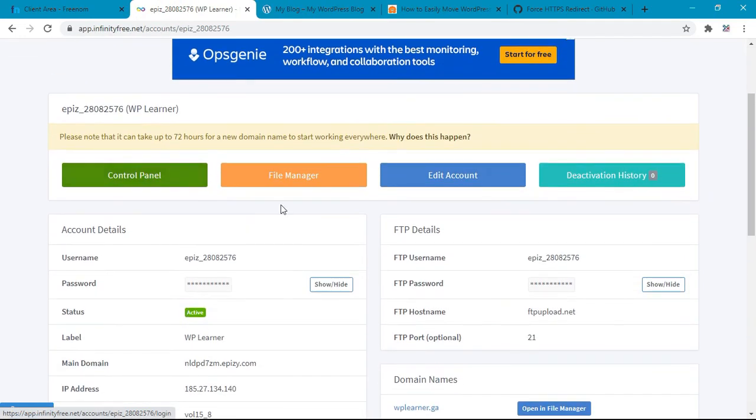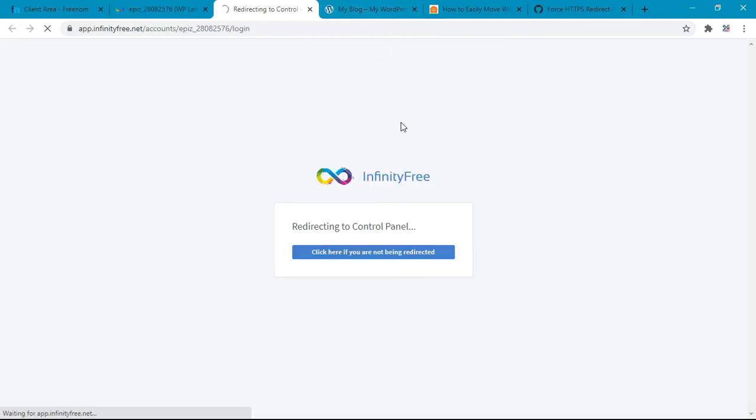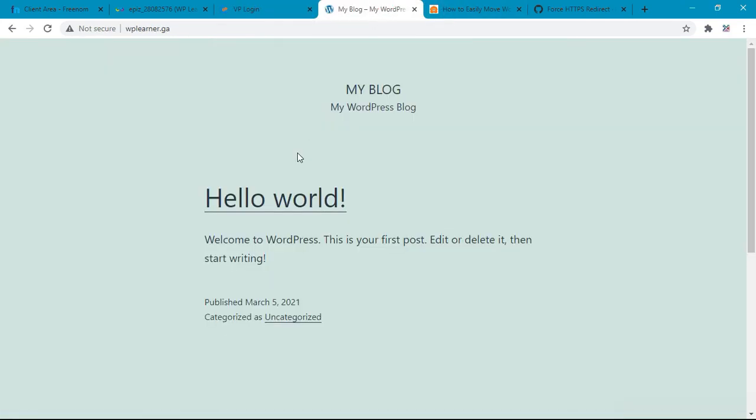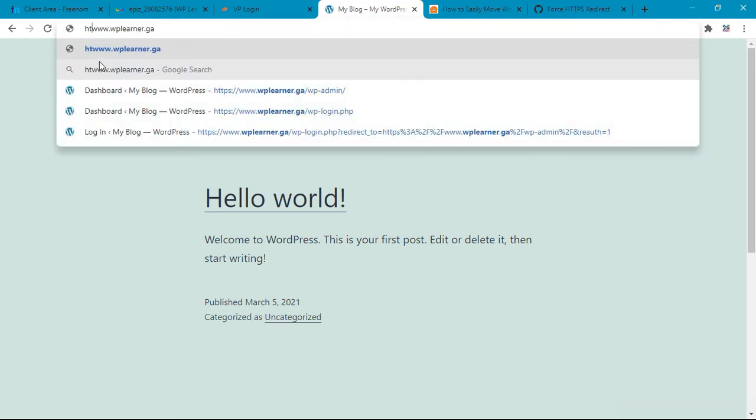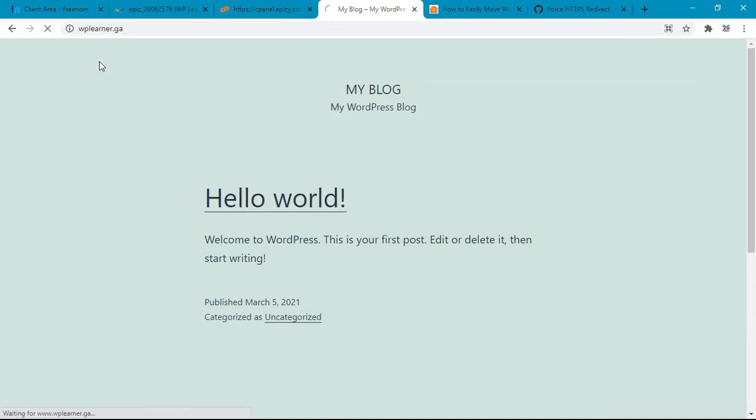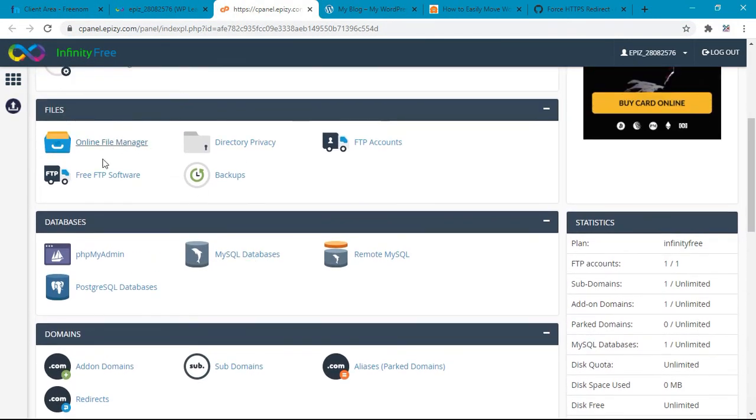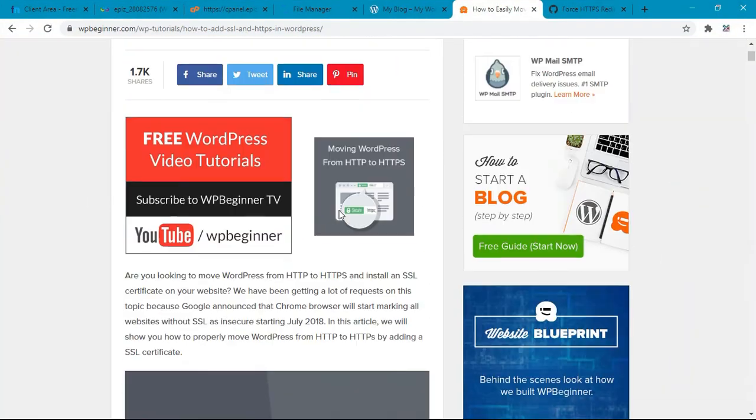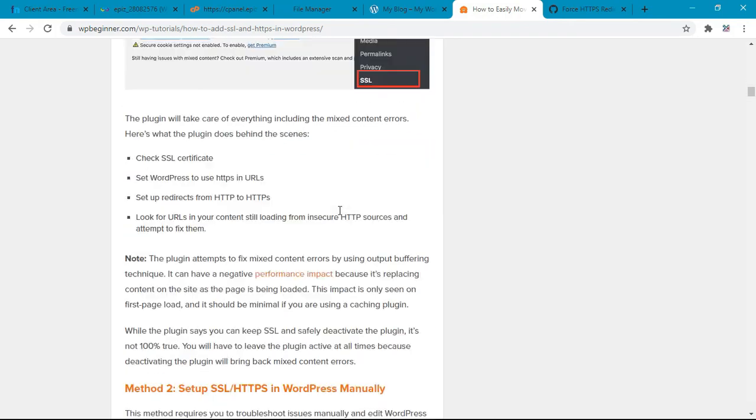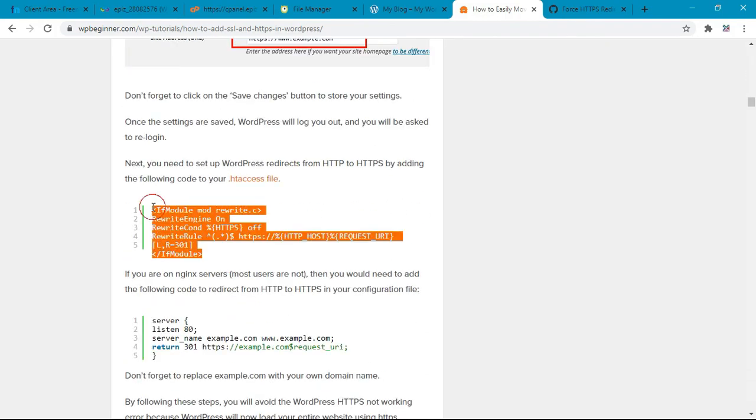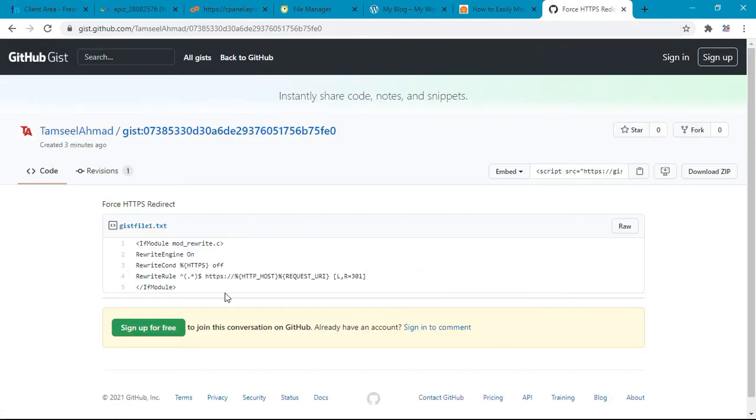So here in our InfinityFree account, we will go to control panel. What we will basically need to do is, here we are using HTTP, so we need to force this non-HTTPS website to an HTTPS website. For that we will need to add a little bit of code here. We will select online file manager, and here is a tutorial. This gives you a code that you can add, or for your convenience I will give you a simple link of this. So you just have to copy this code, and then in the file manager